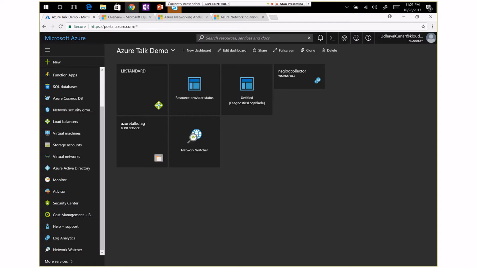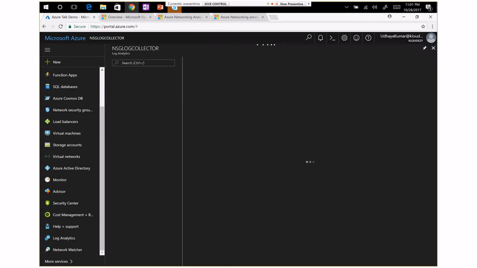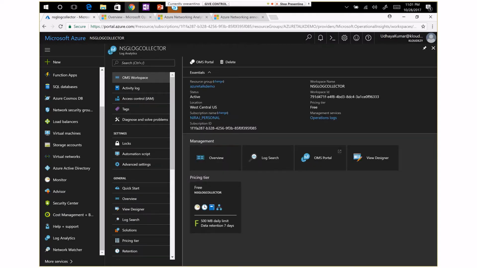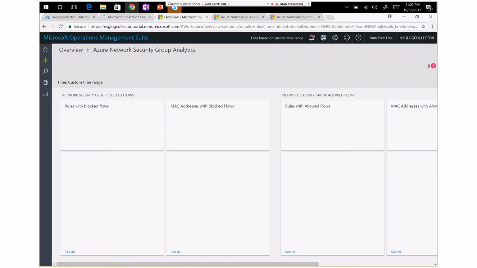I have created a free one, which helps you understand the solution you can enable, and you can understand the flow logs from OMS. I'll show you how we enable the NSG analytics solution from the gallery. Just keep loading. I have already opened it, so I just want to show you.